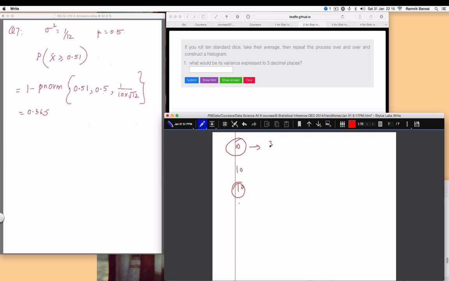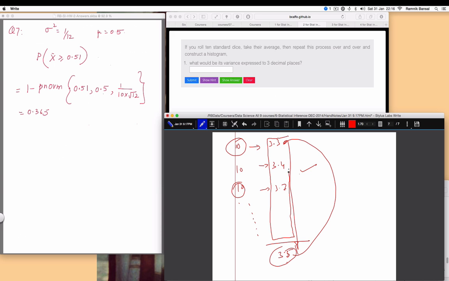जो एवरेजेस आईं, सपोज एक बार एवरेज आई 3.3, दूसरी बार 3.4, फिर 3.7। इन सारों का अगर मैं एवरेज लूं, तो अपने को पता है कि 3.5 बनता है, पर वो कब बनता है? जब मैं बहुत सारे ले लेता हूं। When I take a lot of them, it becomes 3.5, right? अब मैं 3.5 में से ये सारे सब्ट्रैक्ट करता हूँ, and I take the standard deviation of this data till here, right? It will so happen that the standard deviation of this data